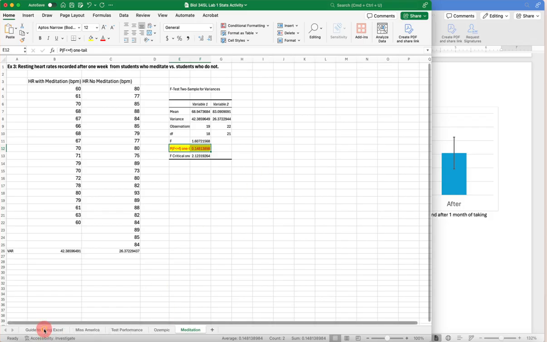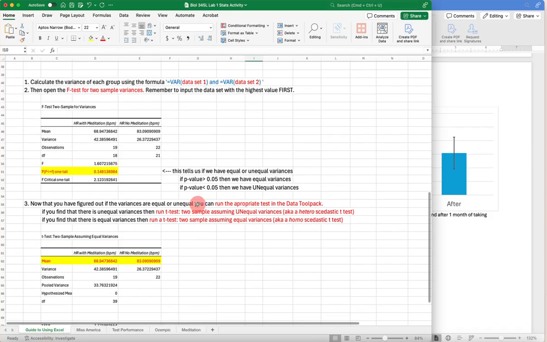So what do we need to run? Greater than 0.05, we have equal variance. Okay, so we want to run, 0.1 is greater than, so we have equal. We want to run a homoscedastic t-test. So assuming equal variances. So we'll go back